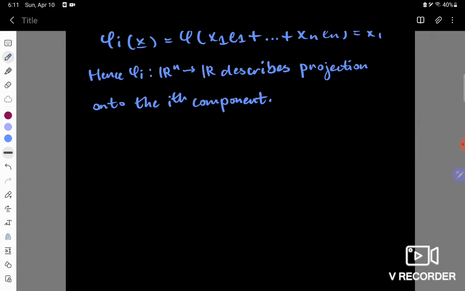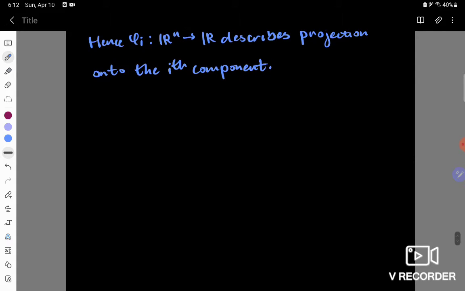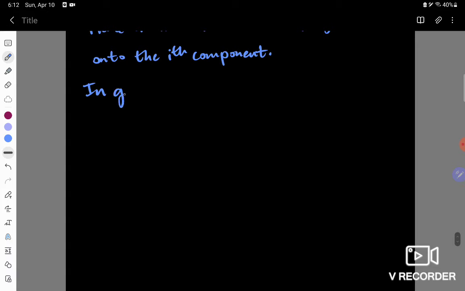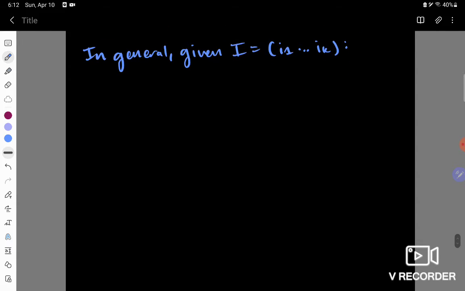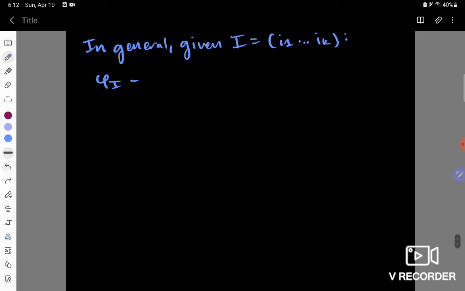Okay. So this is the case where we had k equals 1, as we've been looking at the dual space in the simplest case, and now we want to look at this general case where we don't have just one index to look at, but as we saw, capital I to denote these k-tuples of indices in general. So in general, given I equals (i_1 through i_k), phi_I satisfies,